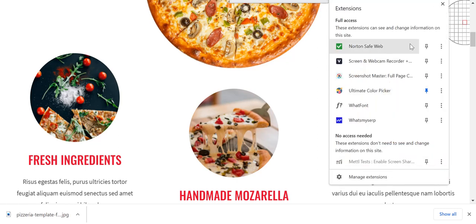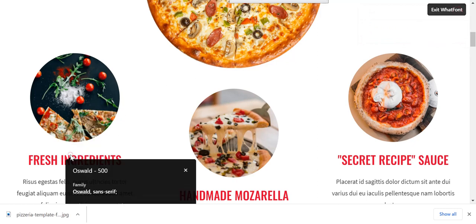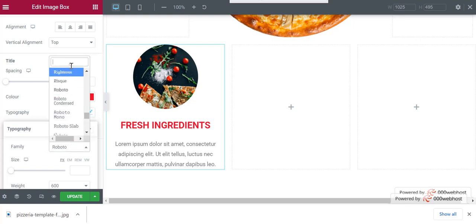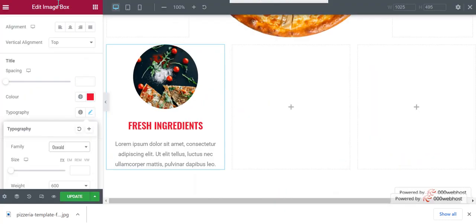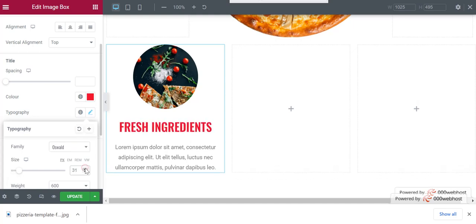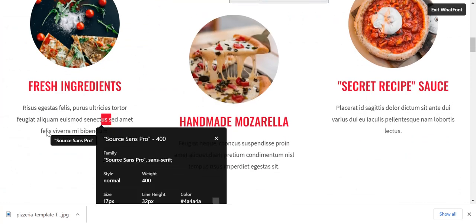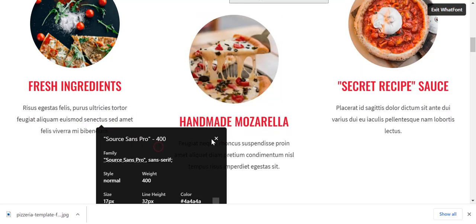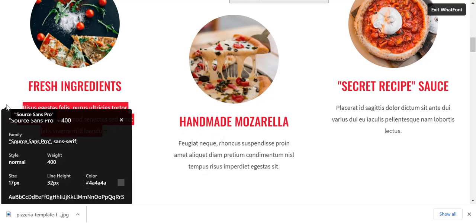We will use what font? It's Oswald. Okay, now here is some text. Source Sans Pro.